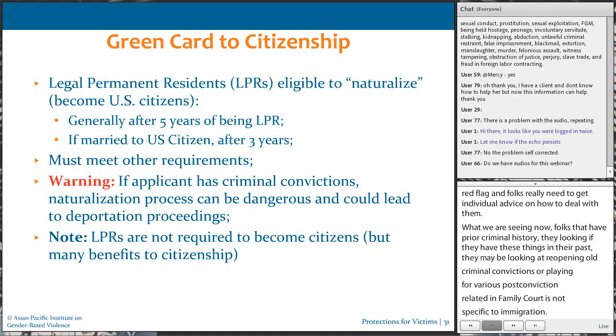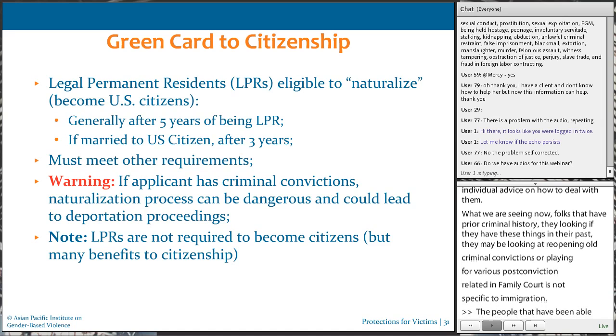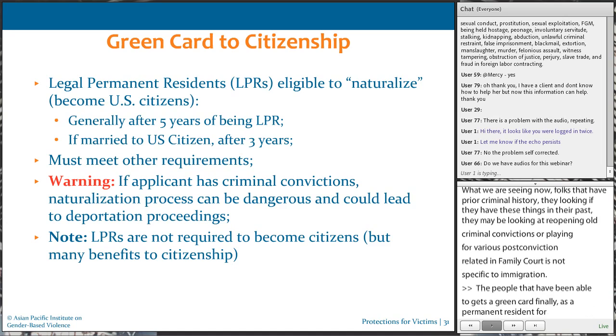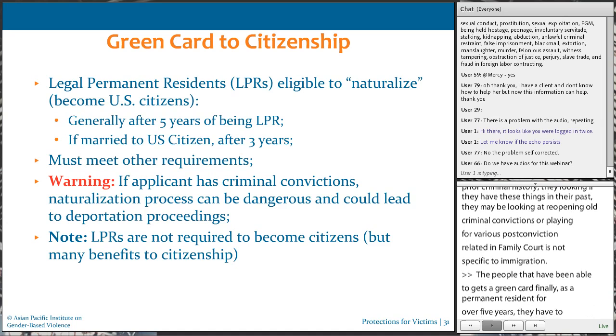Okay. And then just, as to the people that have been able to finally get a green card, in the end they may be able to naturalize if they've been in the country as a permanent resident for over 5 years, or after 3 years if they're married to a U.S. citizen. They have to meet other requirements like general knowledge about U.S. history and government,